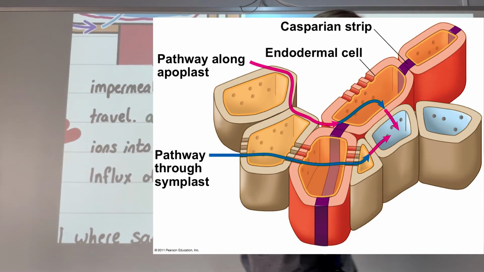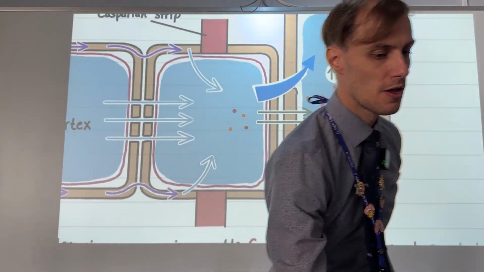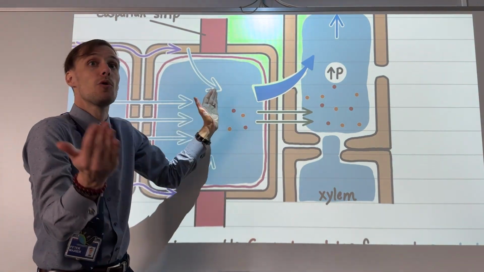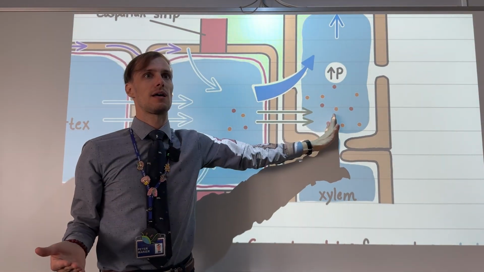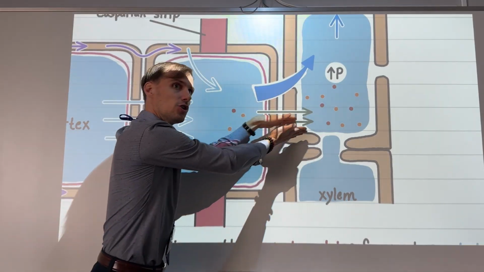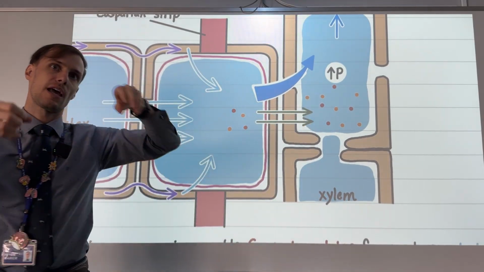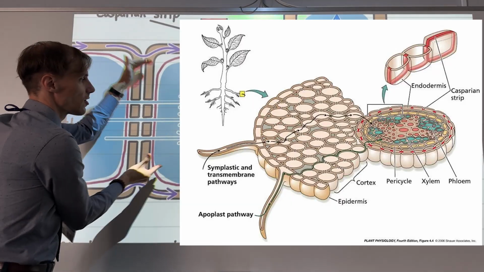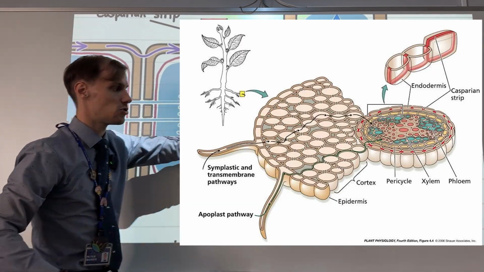It's forcing all of that water into this cortex cell, and the only place it has to go is the xylem. So it's funneled into the xylem this way. So the Casparian strip is actually quite near the vascular bundle to ensure that water is funneled into the xylem